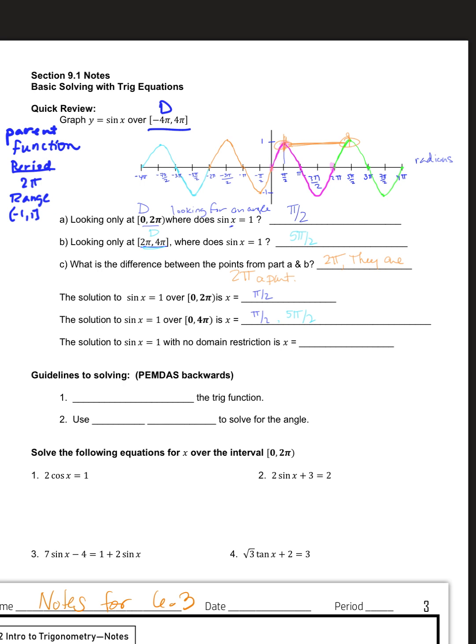So again, this is a domain. The solution to sine x equals 1 with no domain restriction: what are those x values? What are those angles? If you think about it, over here, look, here's another one. Here's another one. Those are all ones, and it's just any of them. So it's going to be every